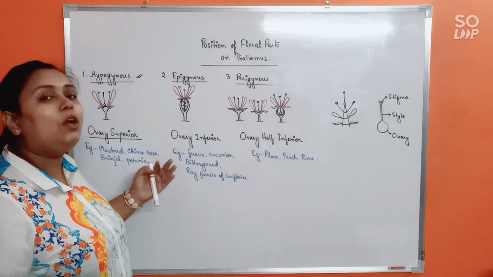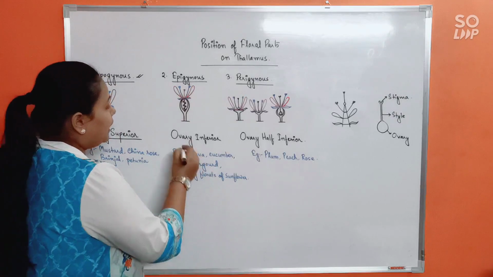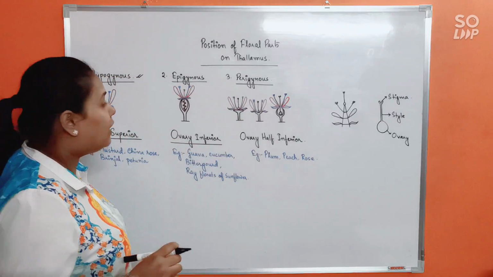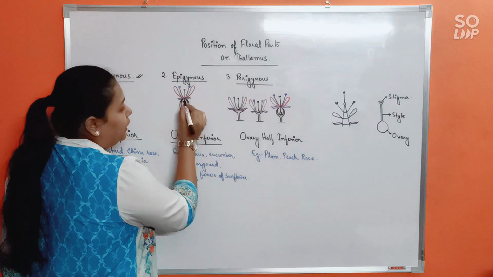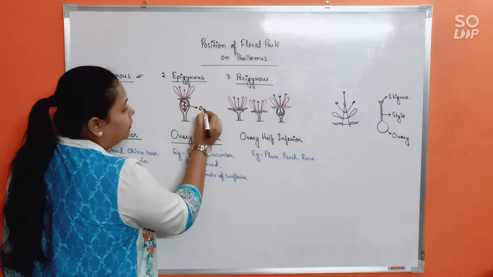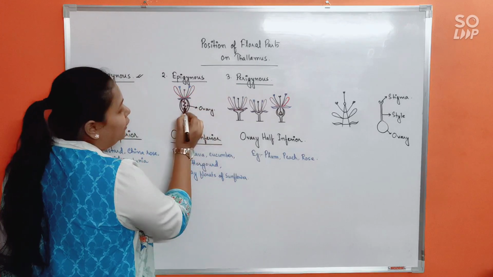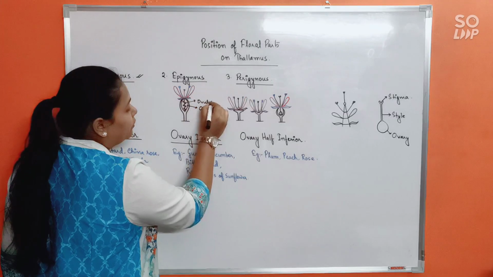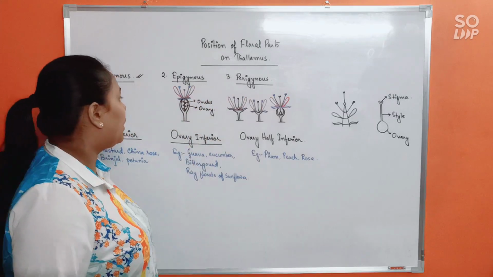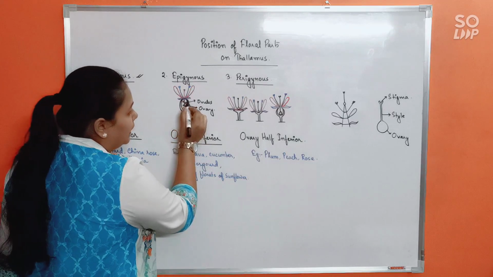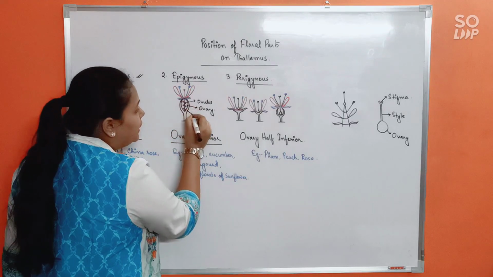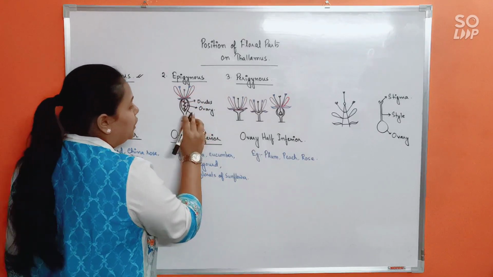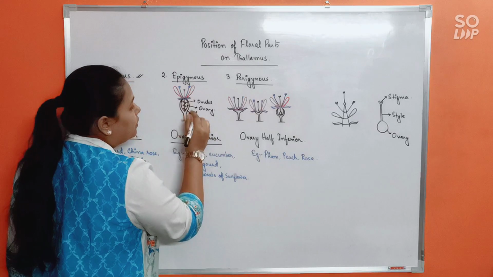Epigynous flower means exactly opposite of hypogynous. That is ovary inferior condition. So what would be happening here? You see, this is the ovary. Okay, and inside the ovary, these red colored marked circles are the ovules. Alright, so now see this is something that is surrounding the ovary, right? So this part that is surrounding the ovary, like a cover, that is actually the thalamus.